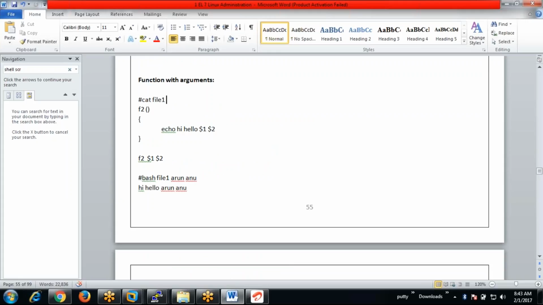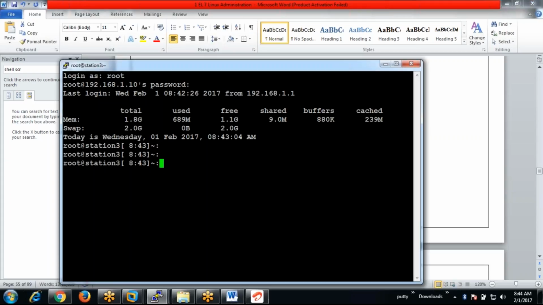Here I am having the function with the arguments. So here I'm mentioning $1 and $2, whereas F2 is equal to, here I'm calling the function with the arguments, that is F2 $1 $2, so that the function will be running with the arguments here. Now say for an example,